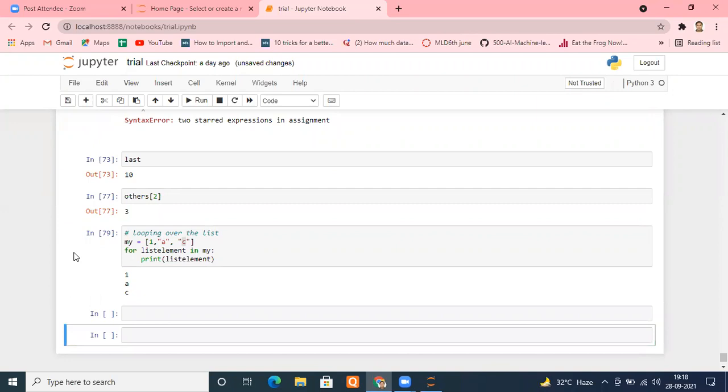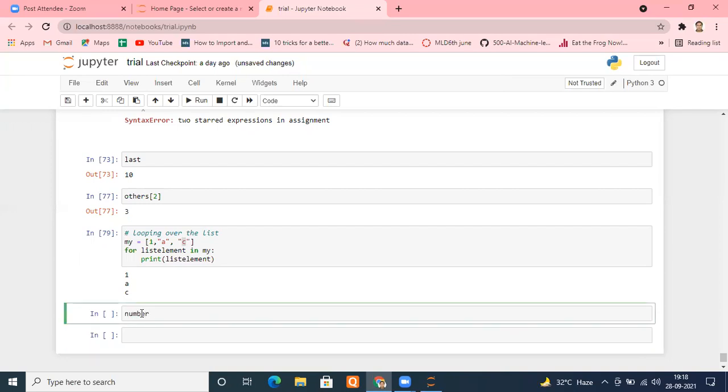Okay. Now a small task immediately. I have a list known as numbers. And trust me, if you are giving some Python test, you will find this question for sure. Trust me, anywhere you are giving a test on Python, you will find this question. There are some numbers like 3, 4, 5, 6. Add all the elements of the list and give the result. Can you do that?